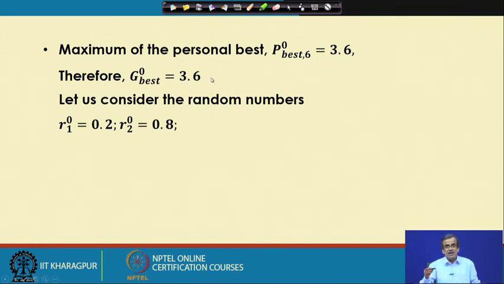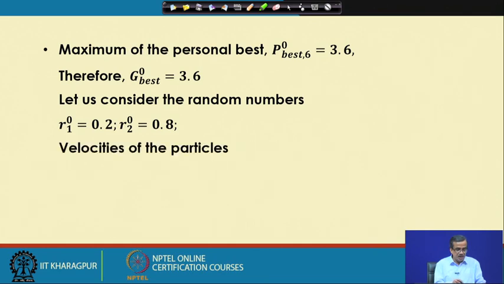So, we have seen how to get the p-based solution, how to get the g-based solution, and we have assumed the values for C1, C2 and W. Now, what we do is we assign some random values, say R1 corresponding to the 0th iteration is 0.2, R2 corresponding to the 0th iteration is 0.8. So, using this